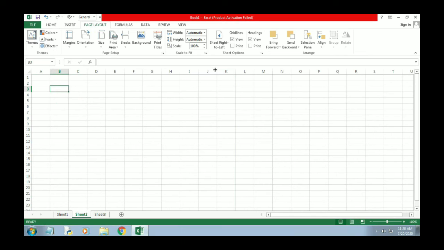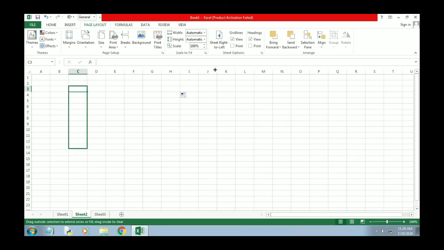Click on the cell and click on the corner, and you will see a plus symbol. After that you can drag the mouse. When the cell pointer is on the corner, you can drag anywhere you like. So in this way you can select a range using the mouse.